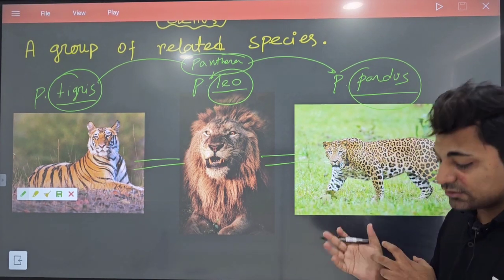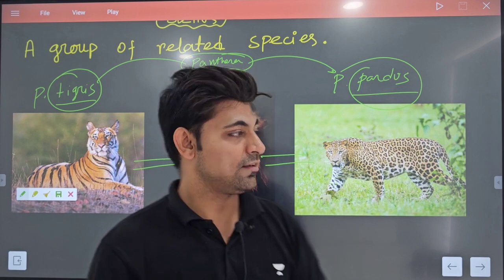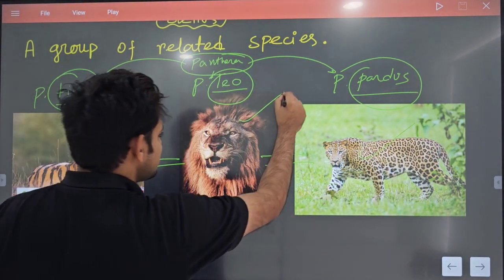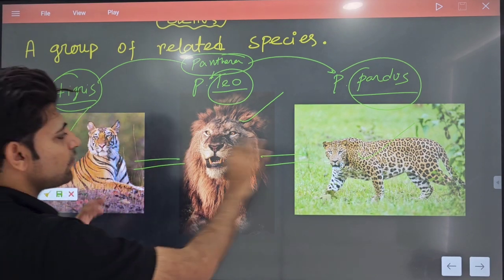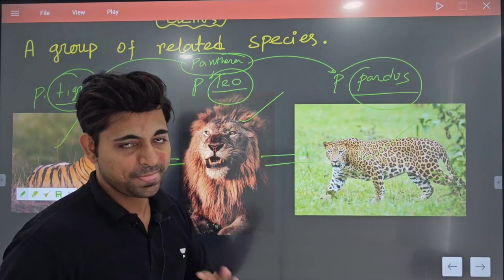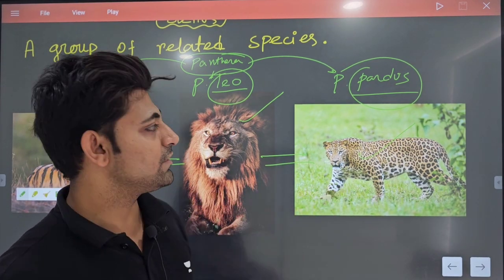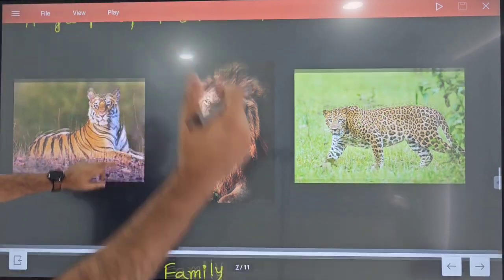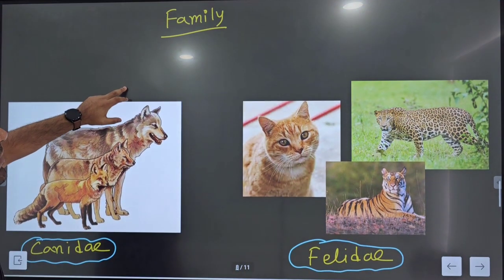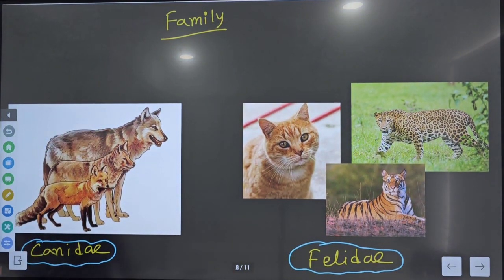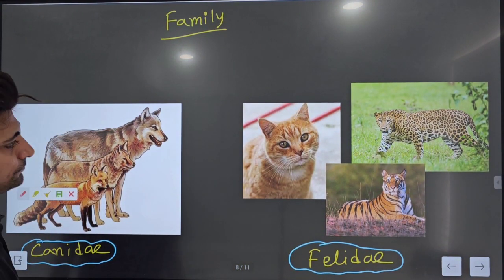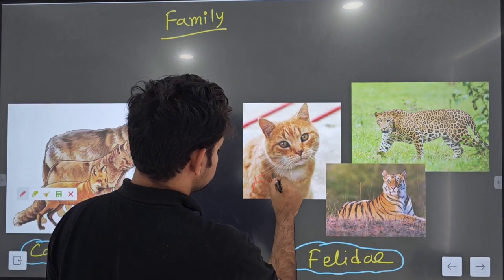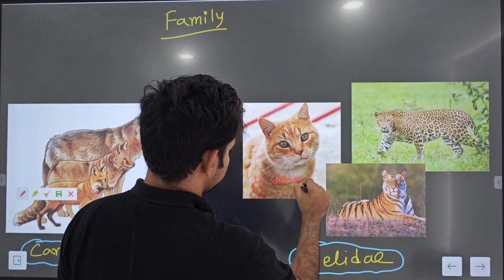But this similarity is not the highest level of similarity. The similarity between two panthers, two lions, or two tigers will not be there. But still a very good level of similarities will be there between these three. Now one step ahead, one upper step, that is family. Cat. What is cat? Felis domesticus.